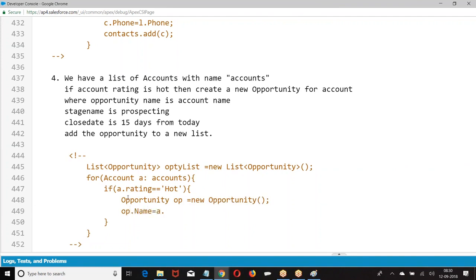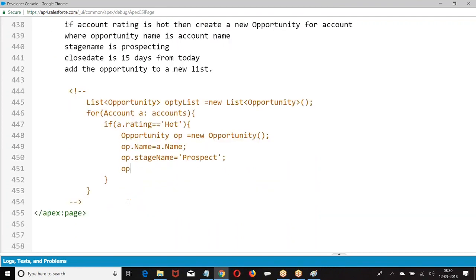The opportunity name is account name. Then what should I do? Add it to